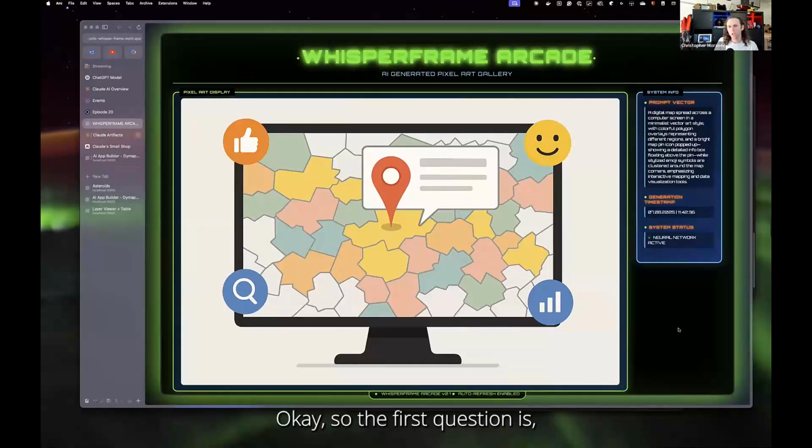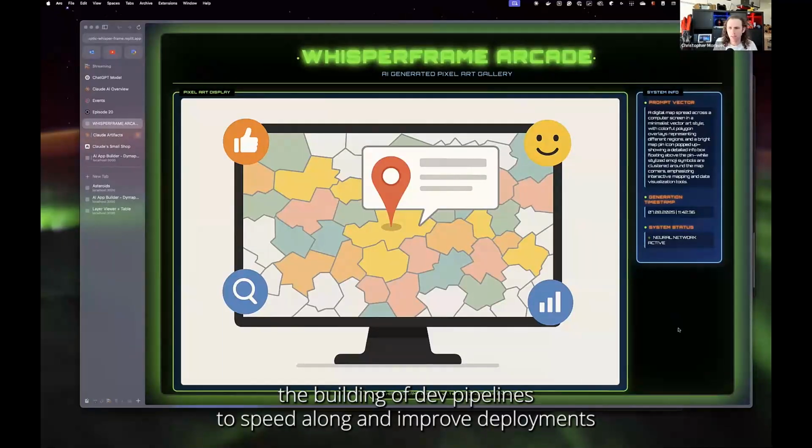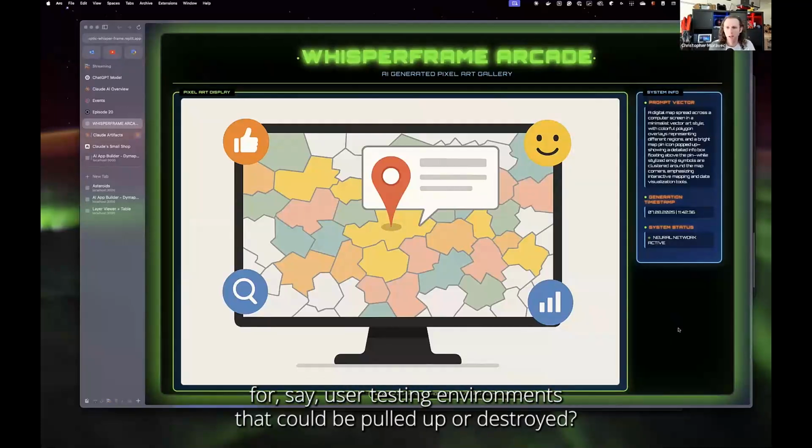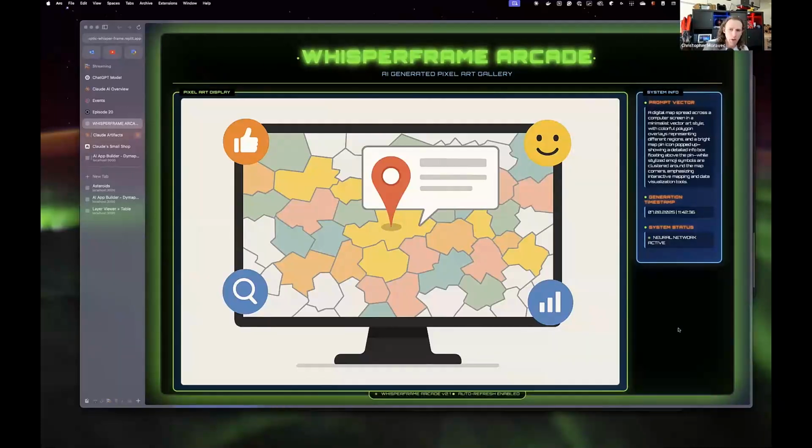Okay, so the first question is, how feasible would it be to automate the building of dev pipelines to speed along and improve deployments for, say, user testing environments that could be pulled up or destroyed when code is pushed? This is a really interesting question because it's often really nice to be able to deploy an application while you're working on it to someone else, and have them be able to test it.